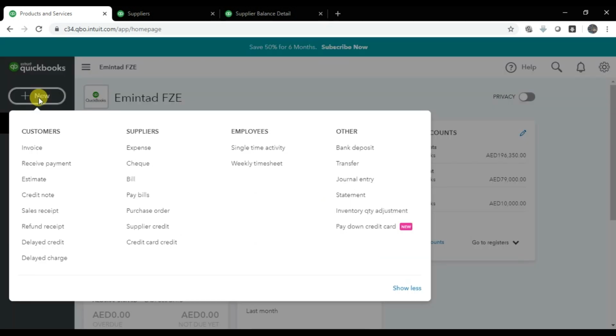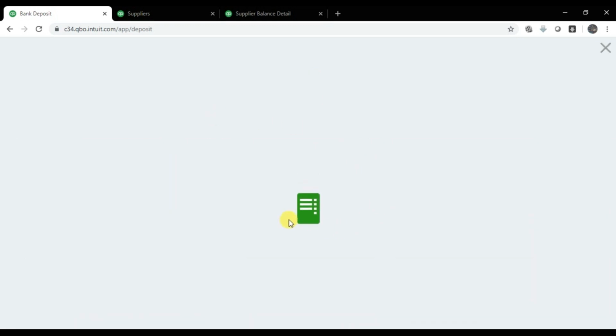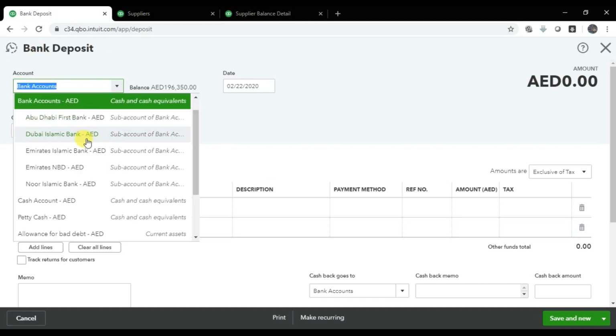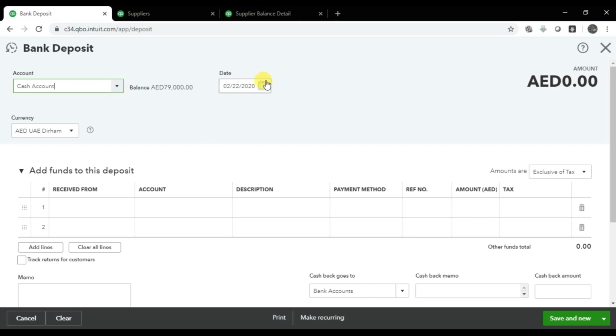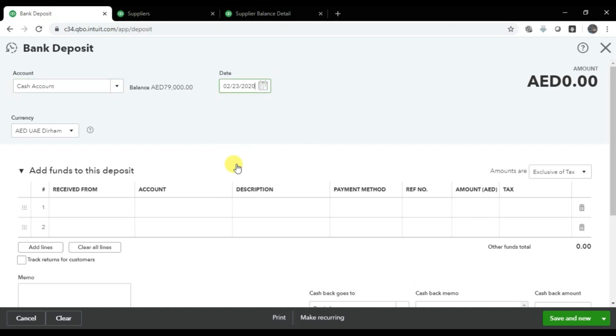So we click on this plus, and now here we have this bank deposits. Remember this one. Here we have bank deposits, right? So click here, and this window will open. We are receiving cash, right? So the account is cash. On which date are we receiving? We are receiving the next day, okay? And received from,